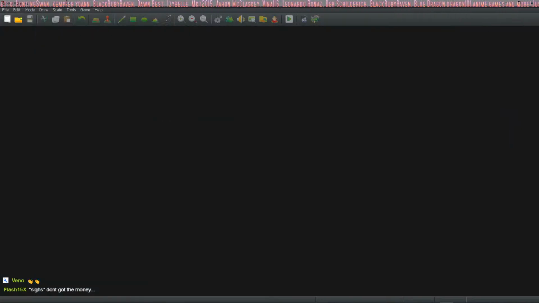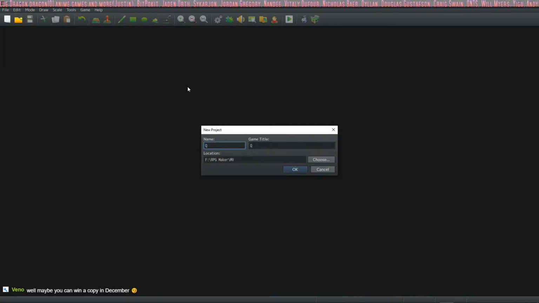Okay, where was I? I'm doing quick and dirty conversions because what I want to do is take the MV assets and very easily copy paste them into MZ. But it's hard to do that because the JSON structure is different. But we have a method. It's not the best method, but it works. It's a good quick and dirty method. So this is the quick and dirty project.